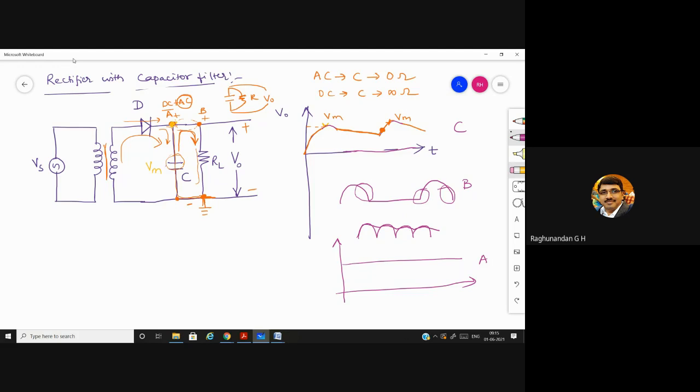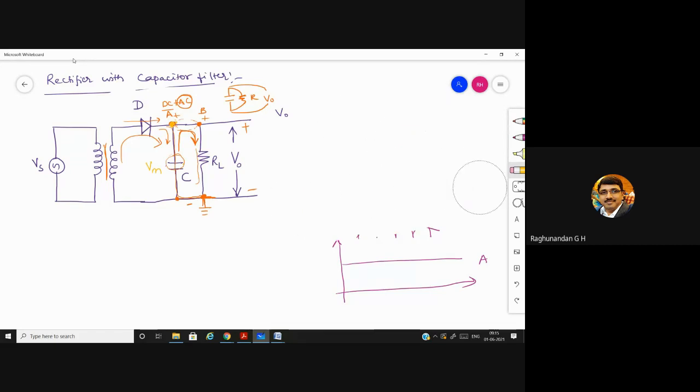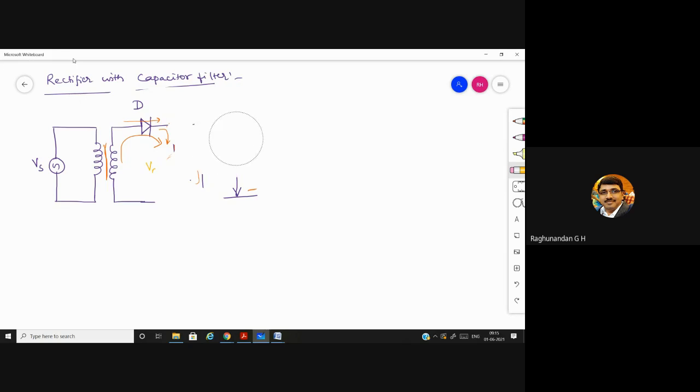This is about the half wave rectifier. The same thing will happen in the full wave rectifier. So let us discuss that one also, so that whatever doubts you might be having, you'll get cleared. So the working principle is same, but the only change is you'll be having the cycle for half cycle for both the cases.